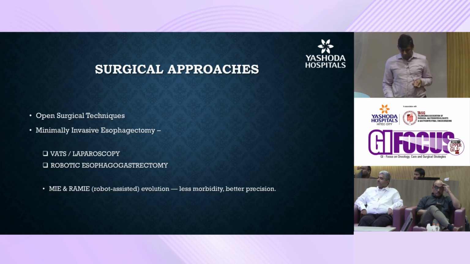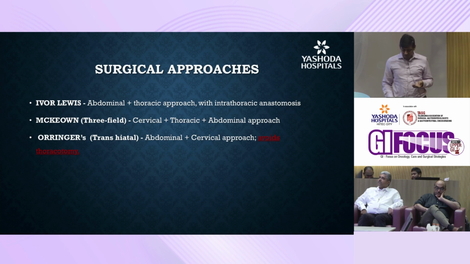The surgical approaches for esophago-gastrectomy range from open to minimally invasive. We have seen all of that in the previous video, from VATS and laparoscopy to robotic esophago-gastrectomy. What is important is that minimally invasive surgery has given less morbidity, better precision and better outcomes to our patients. The basics, if you look back, are three approaches. We have covered them, but for repetition's sake I will mention them. Ivor-Lewis is an abdominal plus thoracic approach with intrathoracic anastomosis, whereas the standard McKeown